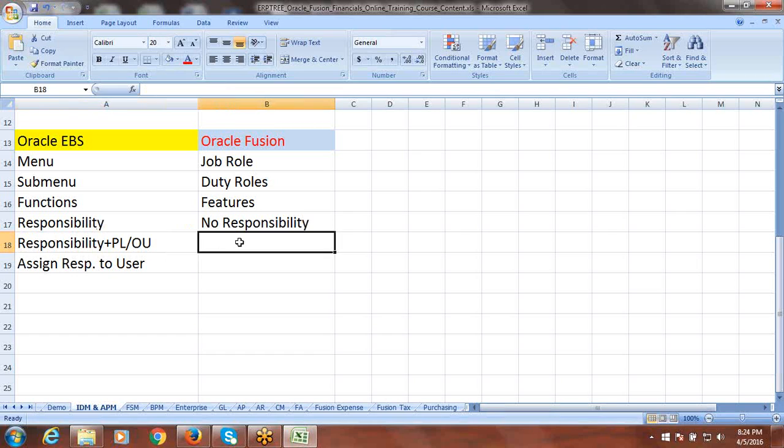What Oracle is doing is, see, in EBS, say I have a menu called AP Navigate GUI. Can we assign a primary ledger to a menu directly, or can we assign an operating unit to a menu directly? No, not possible. Can we assign a primary ledger or operating unit directly to a submenu? Not possible. In EBS, directly we cannot assign primary ledger or operating units to a menu or submenu or any